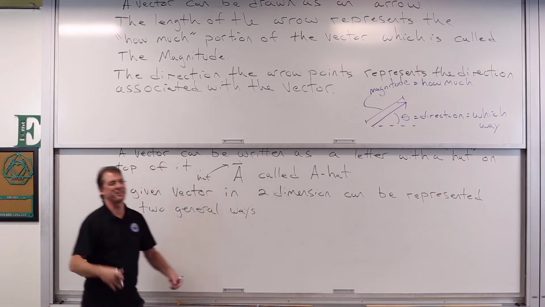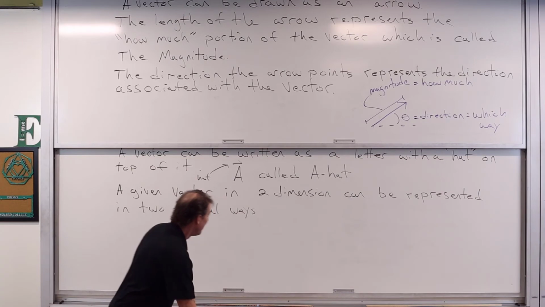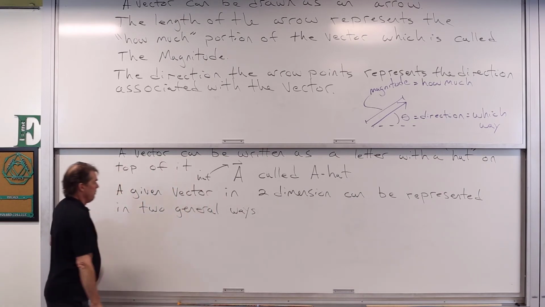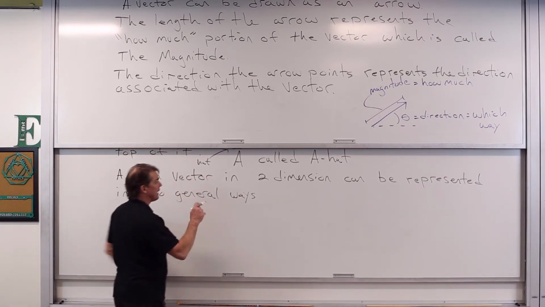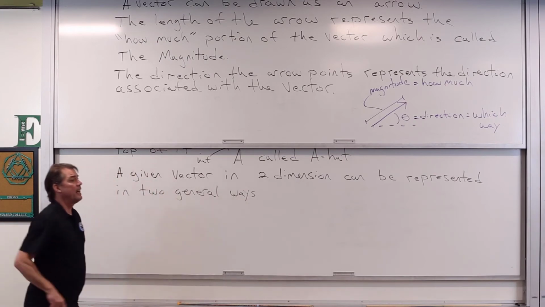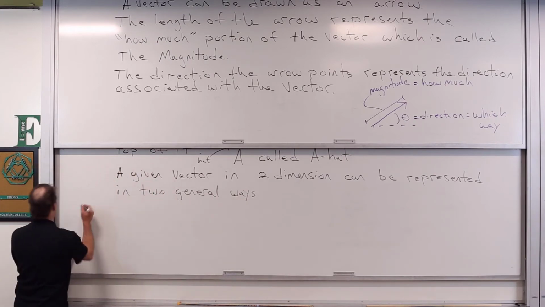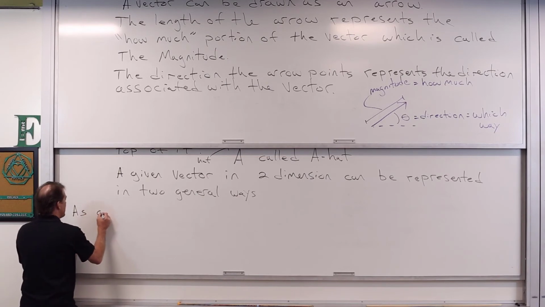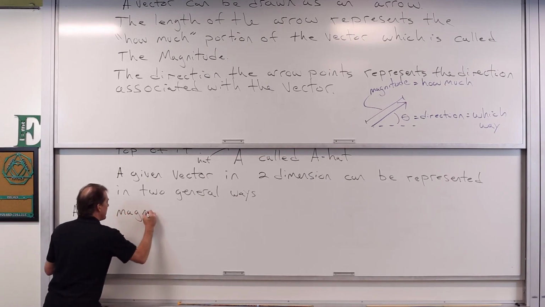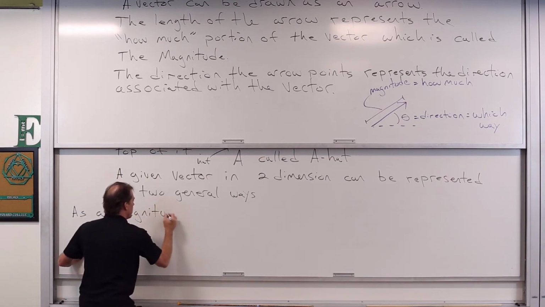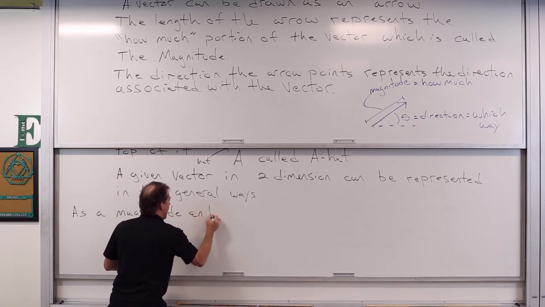We're sticking with 2 dimensions. Really, it goes with 3 dimensions as well, or 1 dimension for that. We'll just stick with 2 dimensions. And the different ways that it can be represented is noted to be as a magnitude and direction,